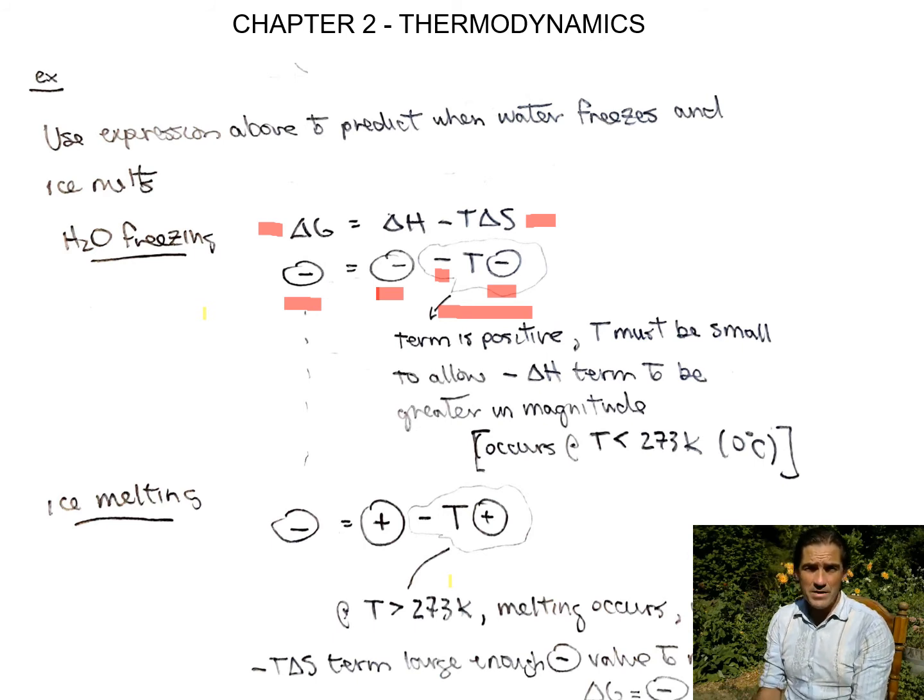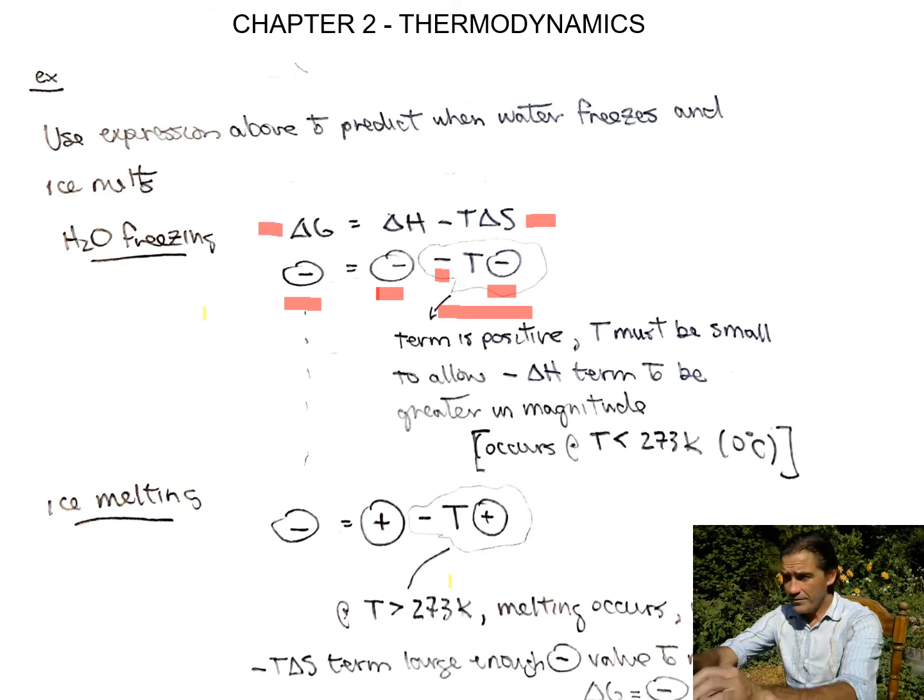And we know that happens at 273 Kelvin. So that's how this equation works. It does predict the spontaneity of a process and tells us when a system will become spontaneous. We can do the same thing with